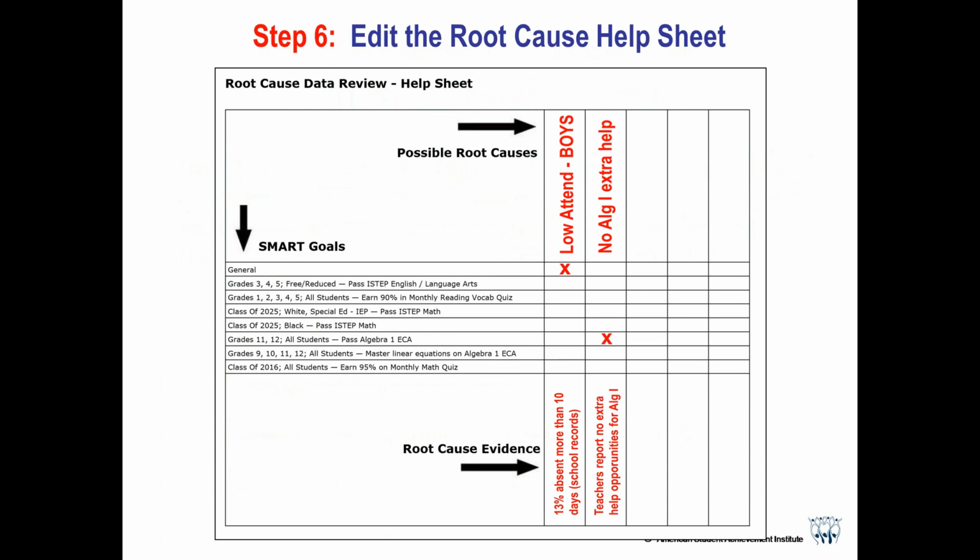So, okay. And again, as you're entering these, we want to edit your root cause help sheet again. And this time we might say, one of our root causes is that we think things would be better if we had a highly qualified teacher roster. But when we come to collecting data for that, really the only data that you have is that you don't have one, or you have one that's out of date or whatever.